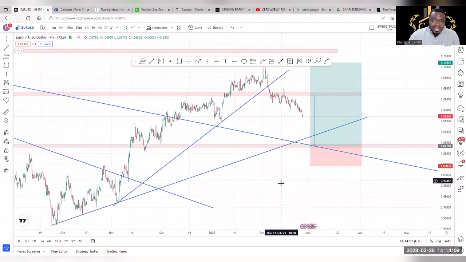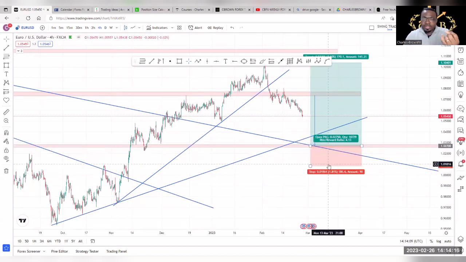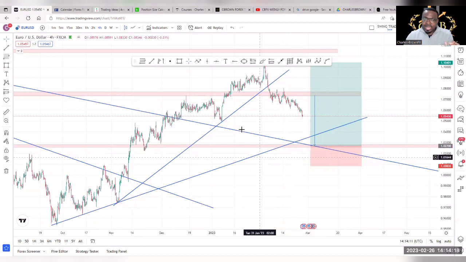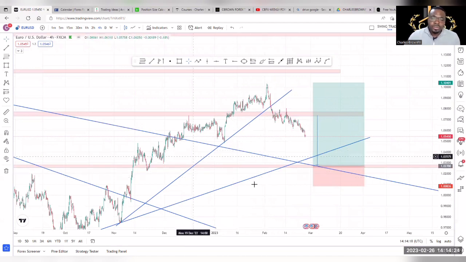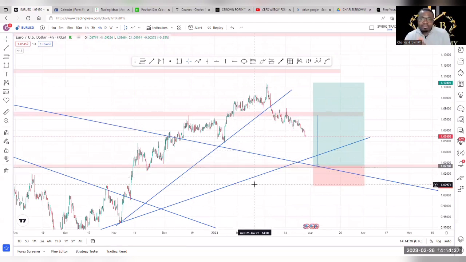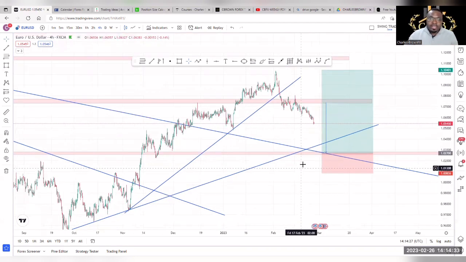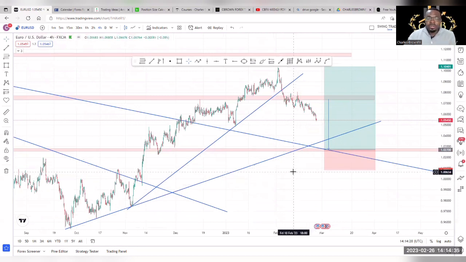1.0300 will be the key level whereby we'll be looking at a possible reaction, which aligns with the trend line, aligns with the 50% Fibonacci retracement, and also aligns with the psychological level on EU. So look at that. Very important. So it is a bit interesting to see that the market has different structure,